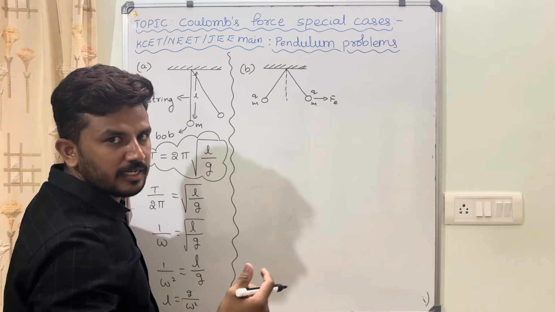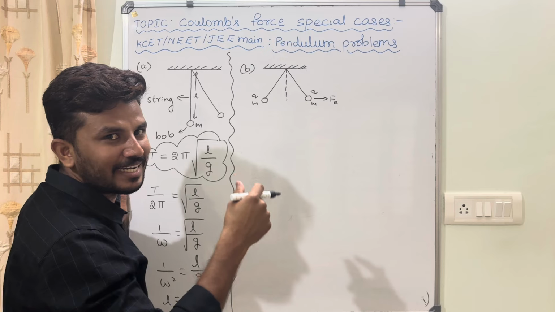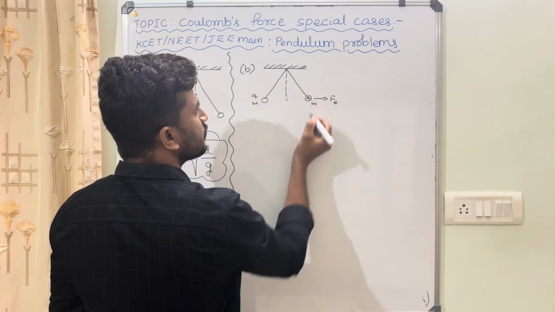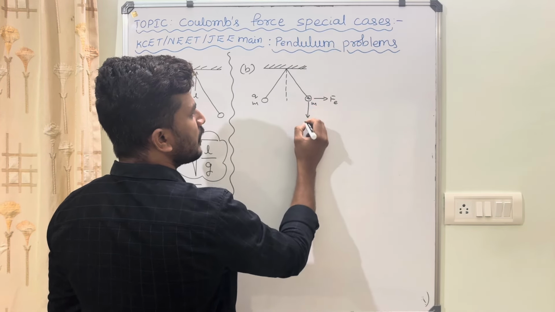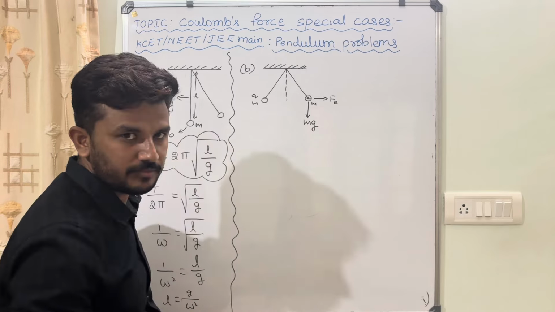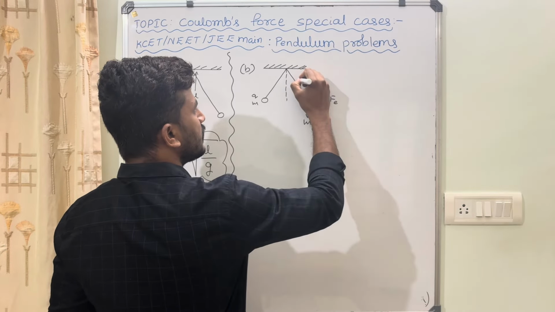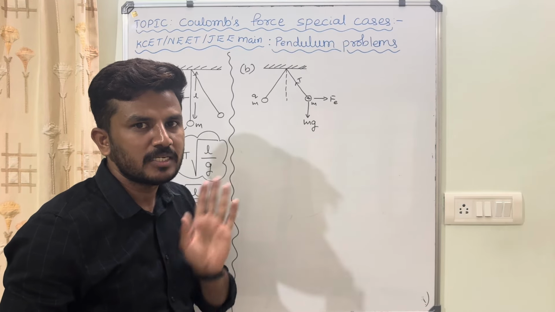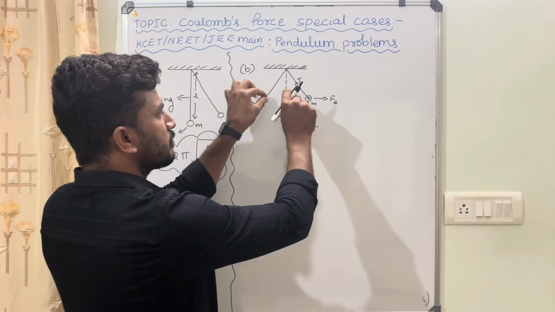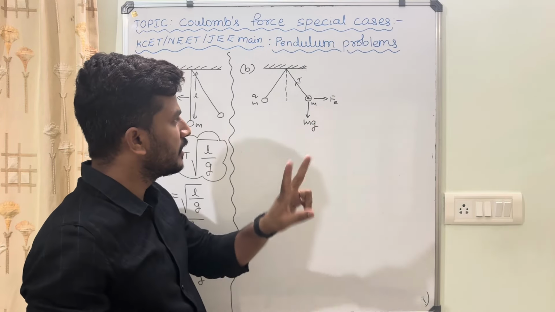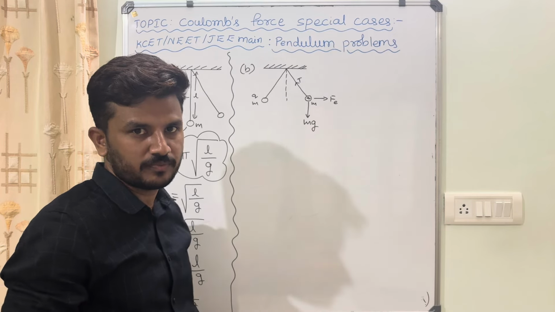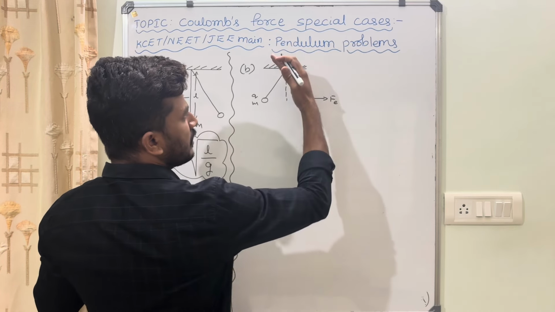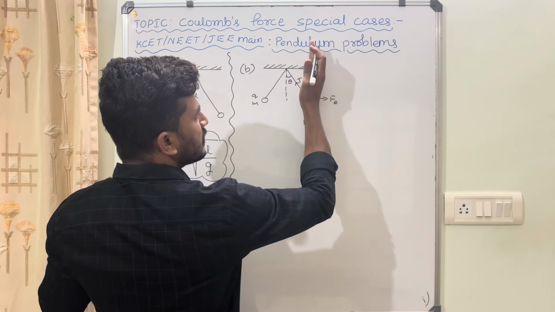Now let us write how many forces are acting on one charge. So this is a charge Q. One more force acting is due to gravity, that is mg. And there is a tension here, T. So there are three forces that I am considering here. I am not considering air resistance. The electrostatic force by which they repel each other is one force, the second is the gravitational force, and the other is tension. If I consider this as theta, then T along the y axis, T along the x